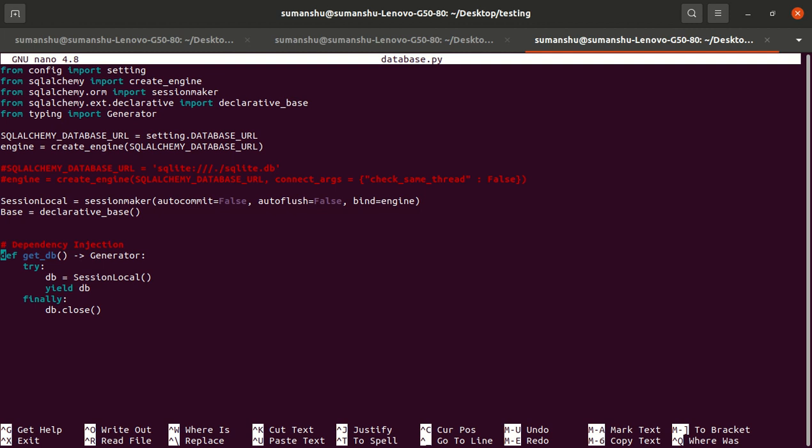If we are doing testing in our test environment, then within the getDB function we will pass our test database, and if it is production, then within getDB we will pass the production database, because SessionLocal is linked with the engine, and the engine will link the database. So it will automatically see which database to perform the operations on.